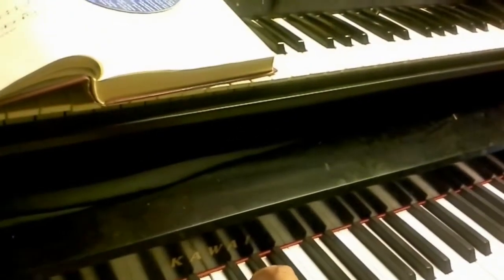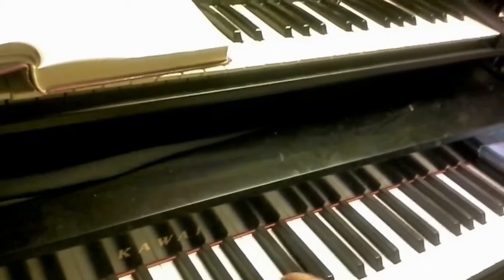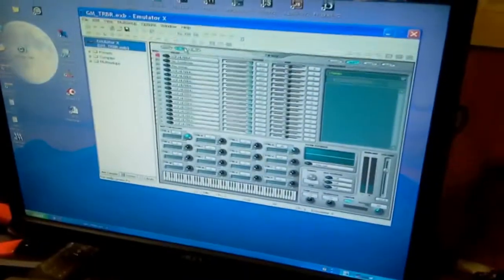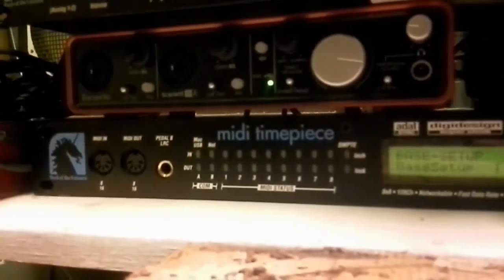Okay, you got the piano working. So it's playing through the E4 sampler here on one of the towers. So how do I route this piano to that sampler computer, or to any other instrument over there, and the other computers and samplers and all of that? Well, like I said, that was the brain of the entire system, this MTP MIDI Timepiece AV, and it's